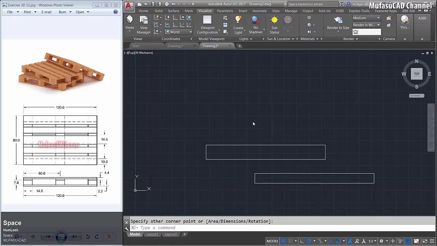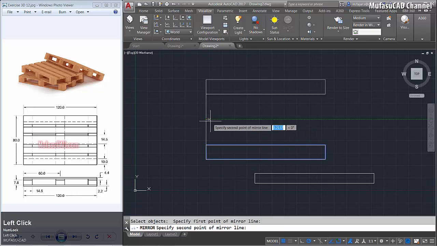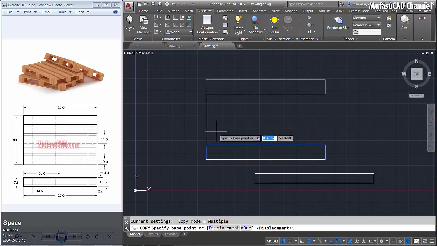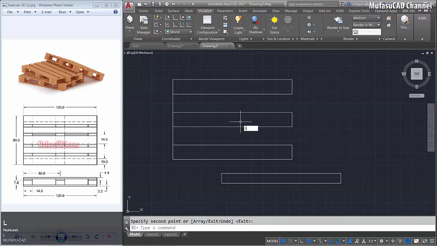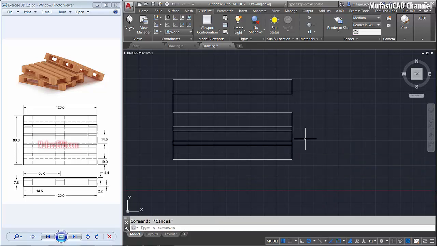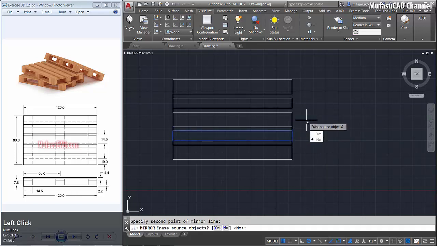I will create a line from here to the top about 80. Okay, and use the mirror command to mirror this rectangle from a middle point here to here and enter. We copy again this rectangle object from a middle point here to middle point here. Okay, you can create a line from here to here and move this rectangle object from a middle point here to here, and we copy by using the mirror command this rectangle object from here to here. And okay, you can select this line object and this line object and delete.